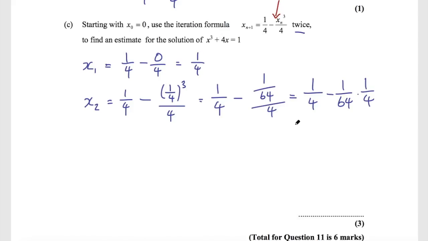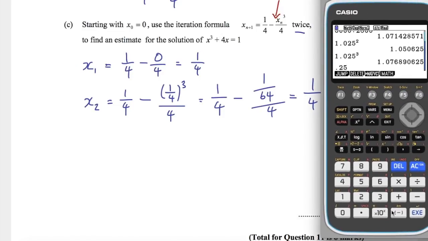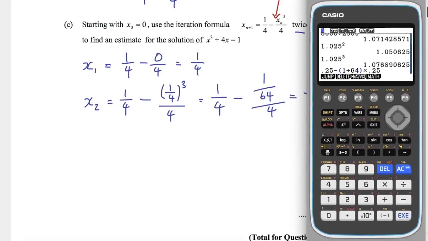And because this is a calculator paper, we could have put that straight into a calculator. But let's go ahead and put this into a calculator now. So a quarter, well, let's just say 0.25 minus 1 on 64 times 0.25 equals, and we get